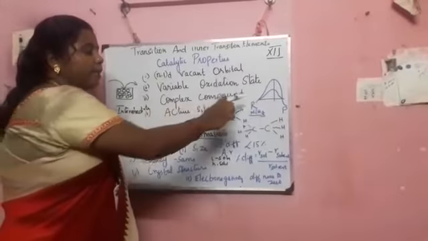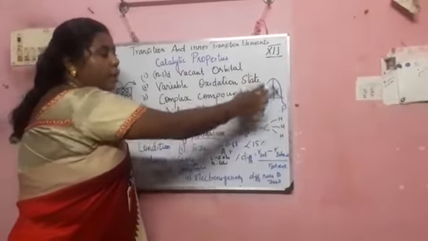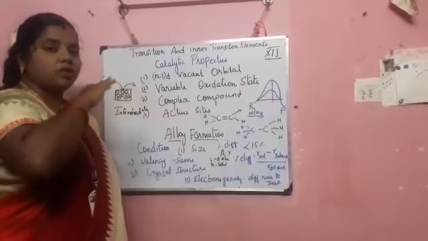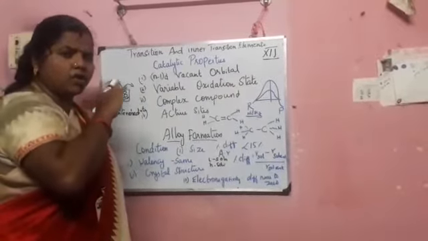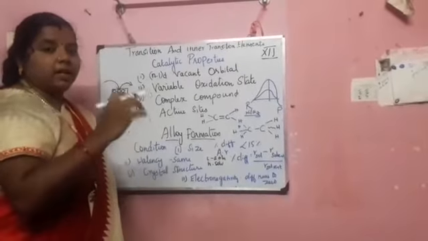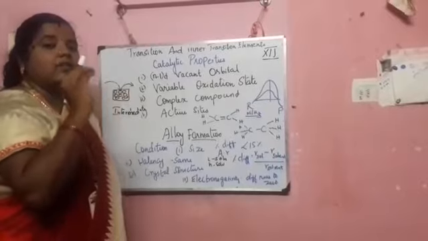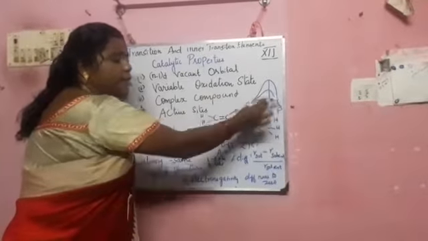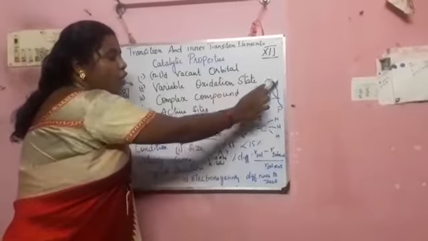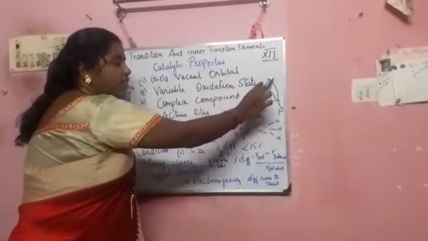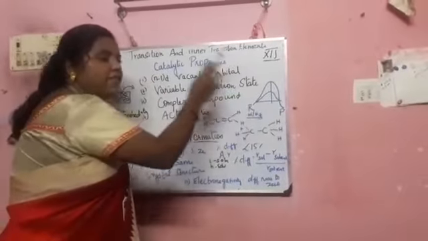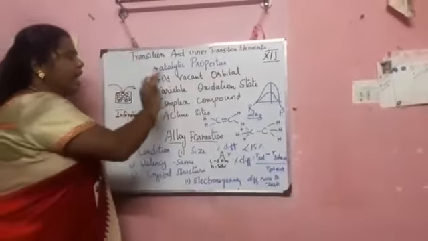So first thing, if the reactant is to be formed as a product, it has to cross a large barrier, and it has been changed. But when you add the catalyst, it will easily form the product. Without the catalyst, the process has a large surface area, so a lot of energy is needed to form the product. But when you add a catalyst, it easily forms the product. That is the catalytic property.